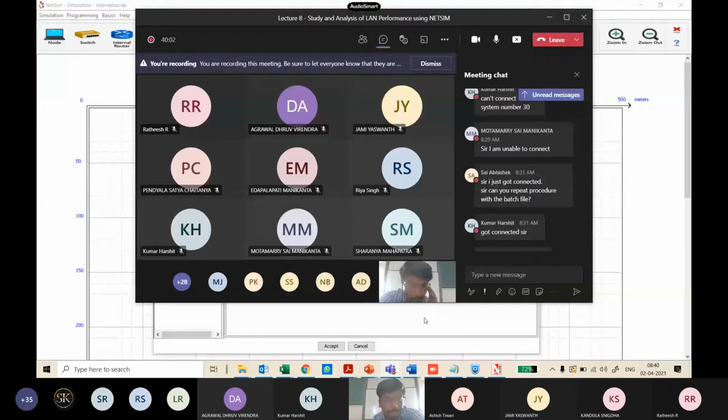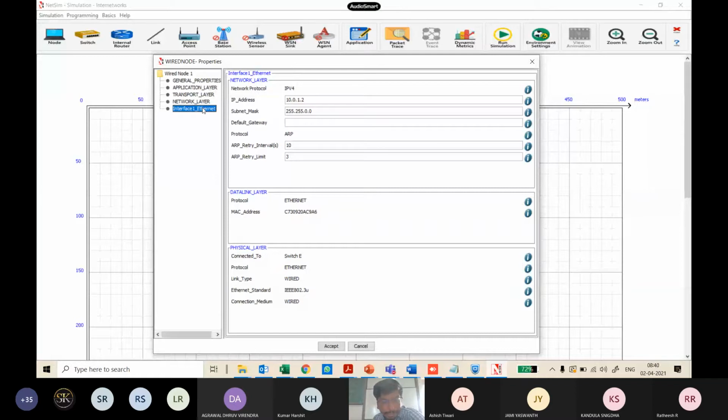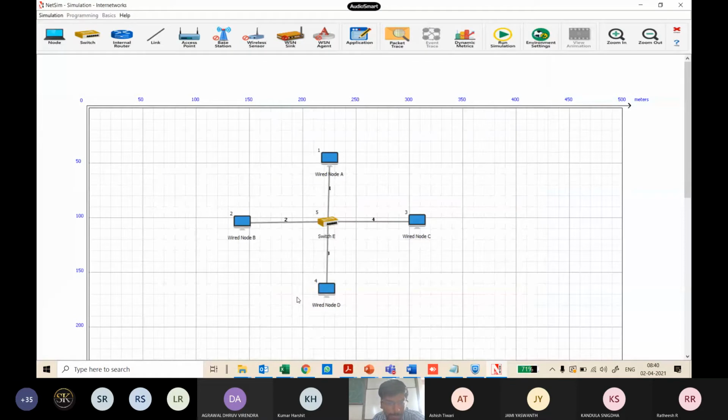Now this is an Ethernet node, which means the physical layer and data link layer are all pre-configured with the Ethernet standard, right? IEEE 802.3 is the standard being used. There is a MAC address already pre-assigned. You don't need to do that. The IP address is also auto-assigned. We are not going to go and assign IPs in this, unlike how we did in Cisco Packet Tracer. I've created a LAN, and it creates its own subnetwork, so you don't need to get bothered.